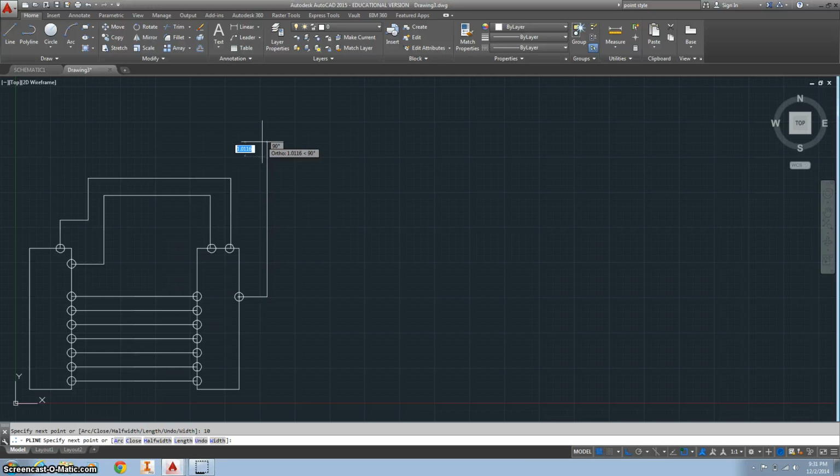Alright, nice and easy. So I want to offset this line that I just made. I can't offset, so I'm going to click it, I'm going to type 1, I'm going to click it again, bring it down, hit the enter button,